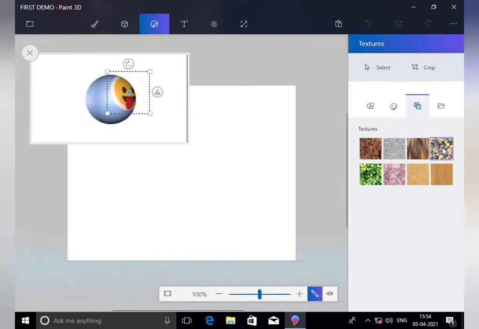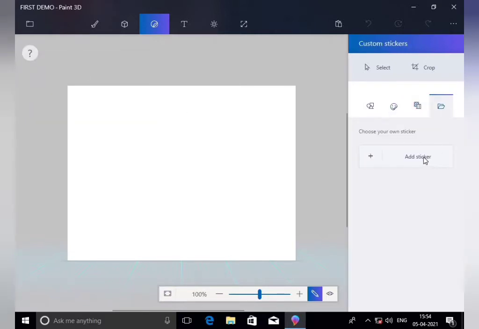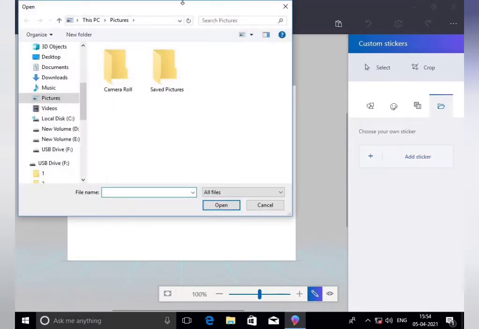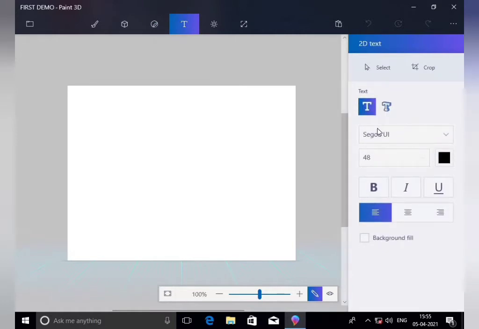Look, see how it's done. It shows here. We can use this style to add stickers. For example, if we have to add some sticker from here, we can choose and add stickers. If we have an image, we can insert it. Now see the text. It has different formats, bold, italic, left, right, that we will discuss later.